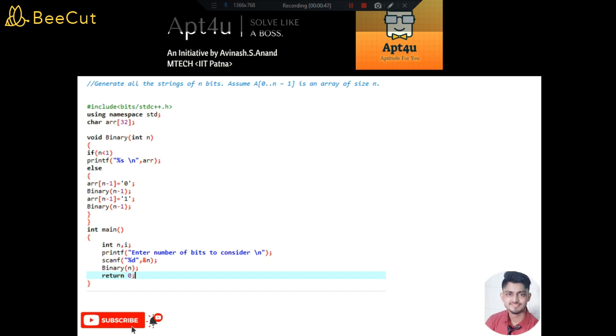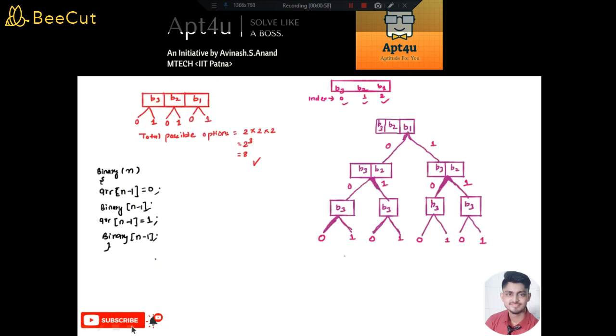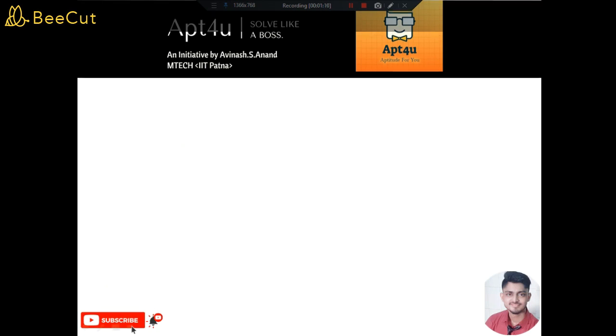But before jumping into the code, let us develop an in-depth intuition behind generating all the strings of n bits. So I have already drawn a workout in the very next page, so let us quickly discuss what this is all about. As I said, the task here is basically to generate all the possible strings of n bits. So we know that if suppose we want to consider 3 bits,